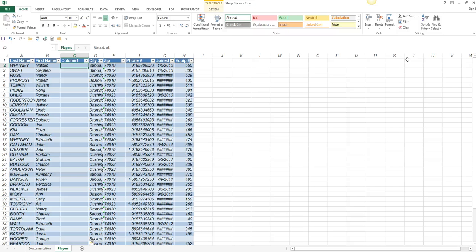All right, so a new column named Column1 is inserted to the left of the city and state column. Here's our city and state column, and here's Column1 right to the left of it, where we asked it to go. All right, step number 2, in cell C2, which is where we're currently located, type equals